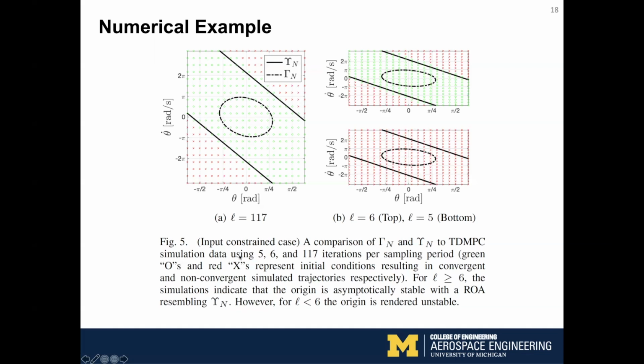Another interesting result is that when we use just 6 iterations, we still have this almost optimal region of attraction, which indicates that our iteration bound is also a little bit conservative. But what's even more interesting is when you use just 1 iteration less, you actually obtain an unstable equilibrium for the simulation data. So there's a very quick transition from an almost optimal region of attraction to no region of attraction at all when you use 1 less iteration. This is sort of similar to the results that we derive in theory, that you can guarantee stability when you do enough iterations, but when you don't do enough iterations, you can't make any guarantees at all.